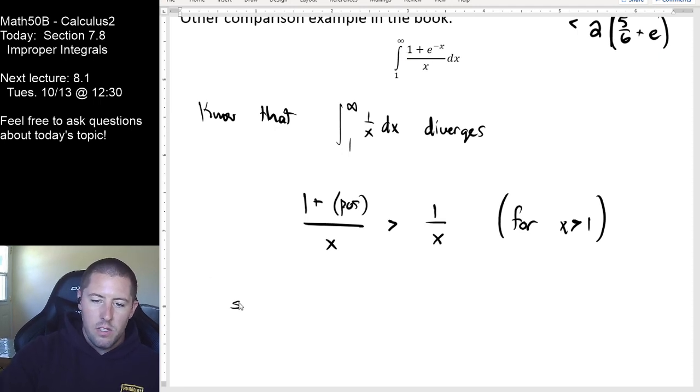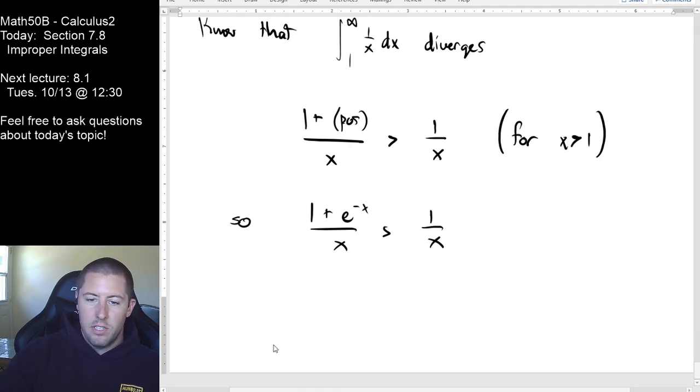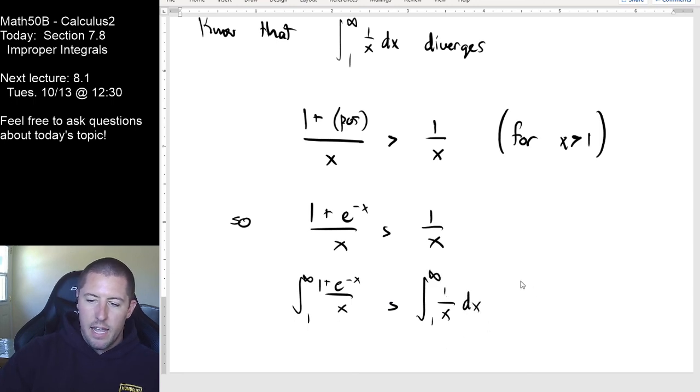So (1 plus e to the negative x) over x is greater than 1 over x. And so therefore the integral of (1 plus e to the negative x) over x from 1 to infinity must be greater than the integral of 1 over x from 1 to infinity dx. And since this diverges,